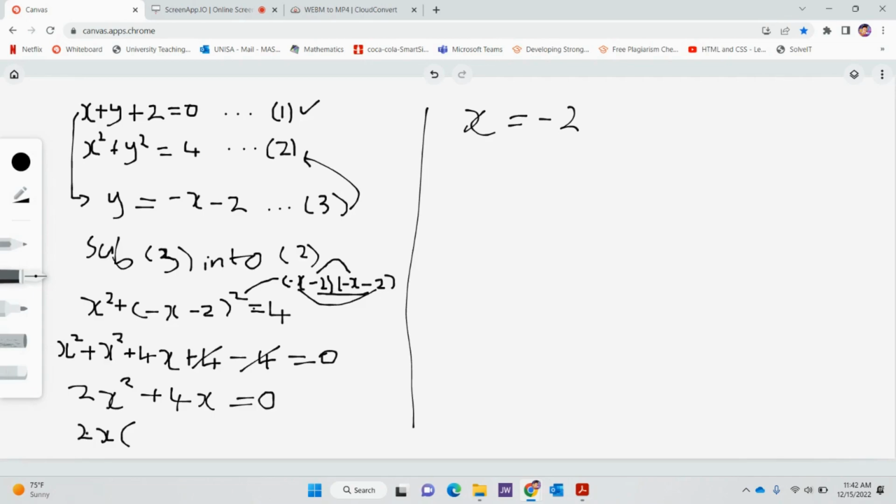And then 2x squared divided by 2x will give us an x. And plus 4x divided by 2x gives us then a 2. All right. So with this one, we will then have